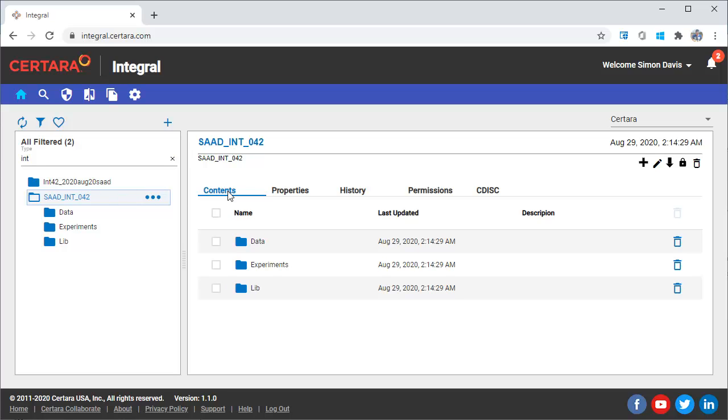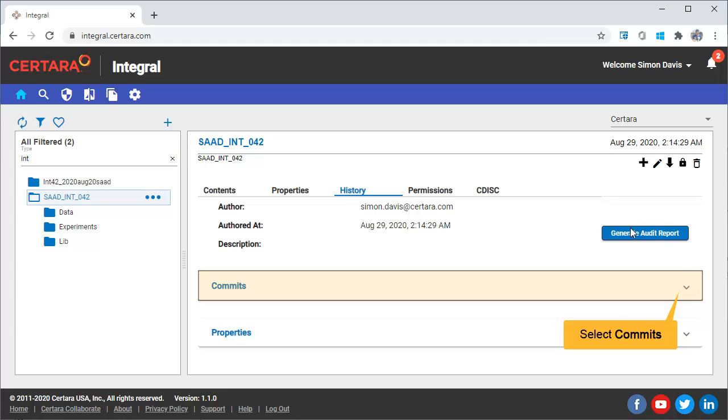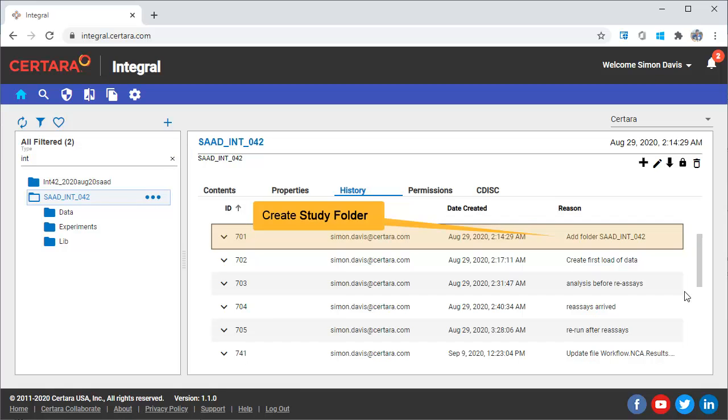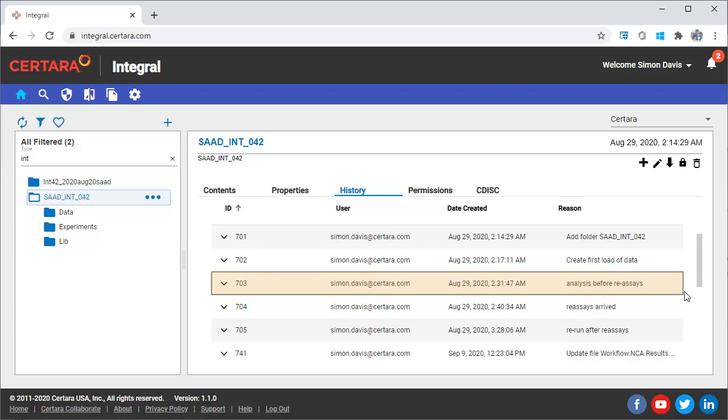At this level, the right-hand tab reflects the subfolders of the root that we also see on the left-hand side. I will select the History tab, and then expand the Commits drop-down. This shows a history of the events in this study folder that were performed. In this specific example, these tasks were shown in the Phoenix plugin tutorial. First, we have the study folder being created, then the first time the data files are loaded, followed by an